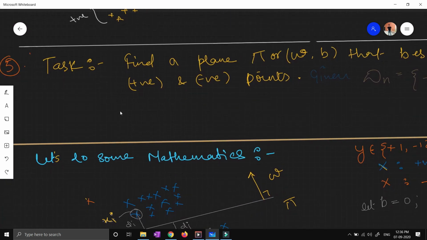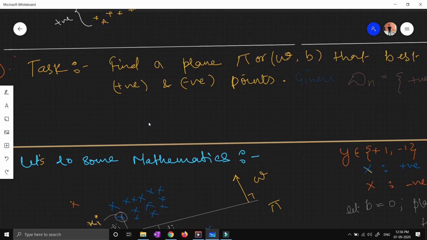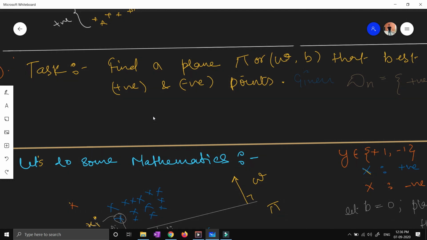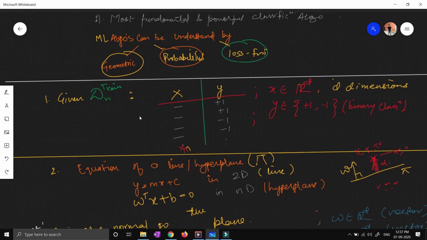Now our fifth point. This is our major point: we should know what our objective or task is. Why are we solving logistic regression? We know it's a classification algorithm, but what do we actually need to do in classification? Given a query point, let's assume I have some data set x and y, like I have shown you earlier. Let me go back to the first part. So this is my data set, where x is my feature and y is my target. y can be +1 and -1 only, so it's binary classes.